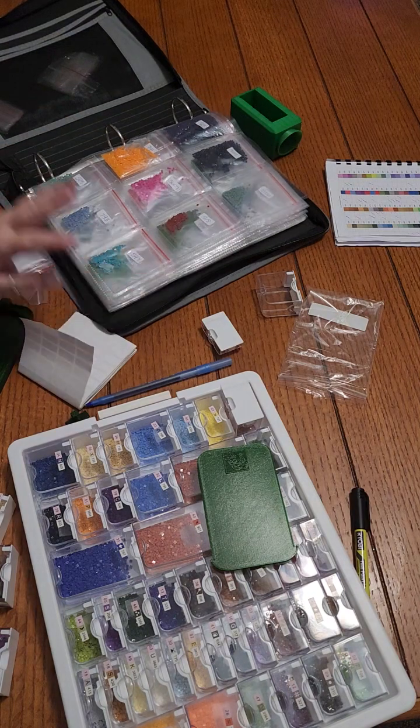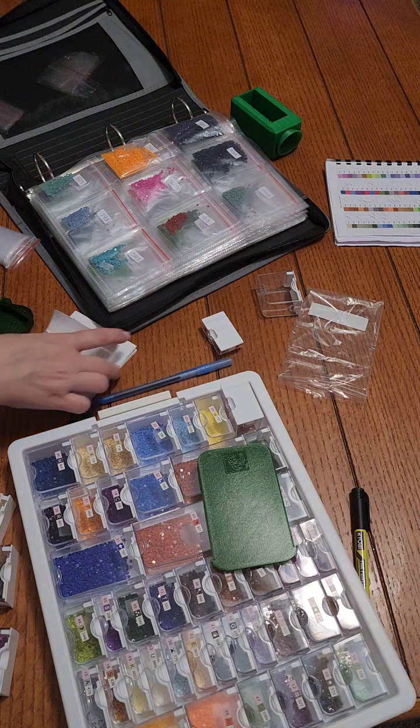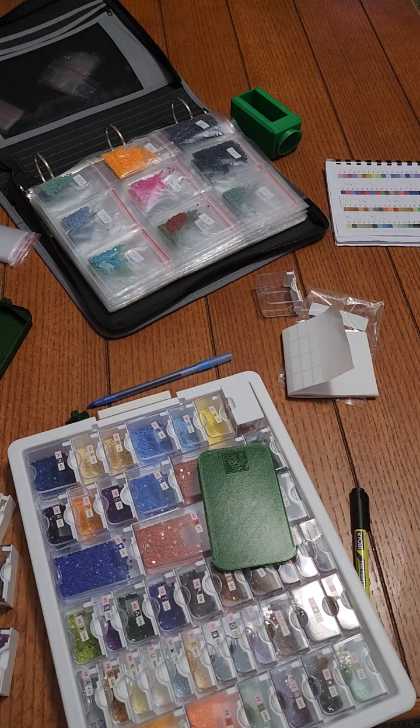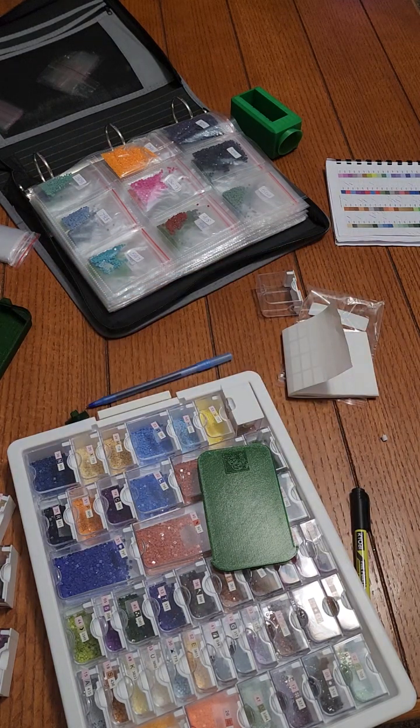So any special drills that I get, that's where I go. And these baseball pages, they're super cheap. I get them at Walmart. You probably don't want to watch me peel the labels off of all of these, but you can tell those come up really good even when they tear. That one has a little bit of a sticky residue, but I'll just go